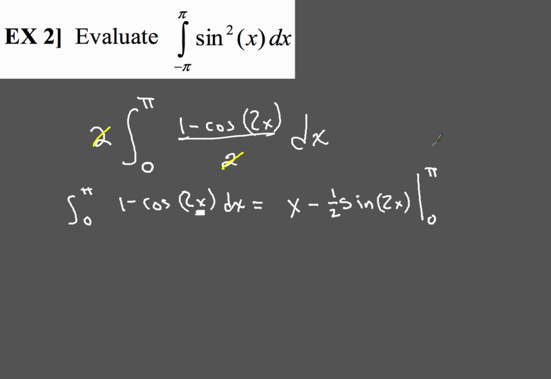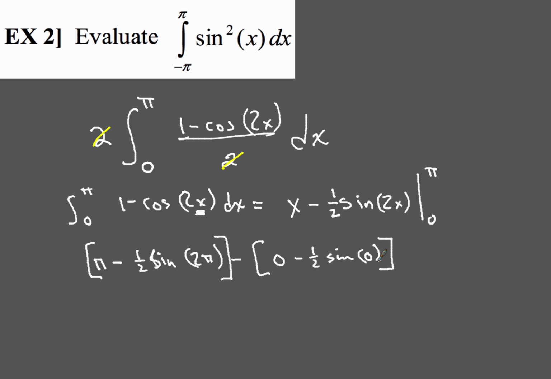From this point, it's a straightforward integration. So take your time as we do this. When we put pi in, we're going to have pi minus 1/2, and then we've got sine of 2 pi, and we're going to subtract, and I usually like to put these in brackets so I can keep everything straight, and then 0 minus 1/2 sine 2 times 0